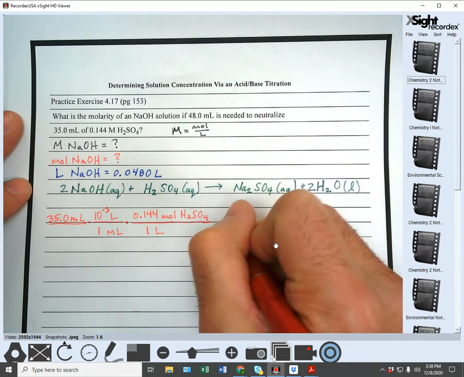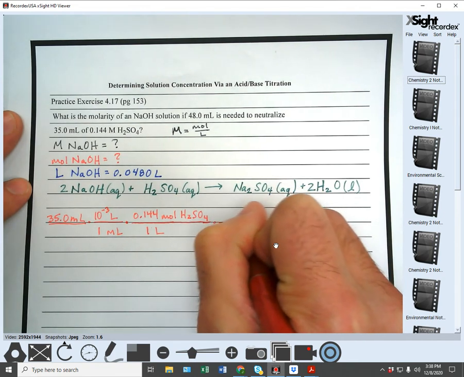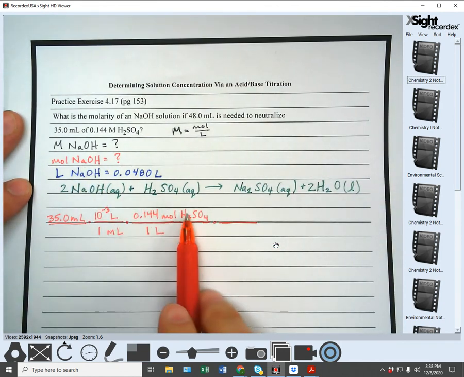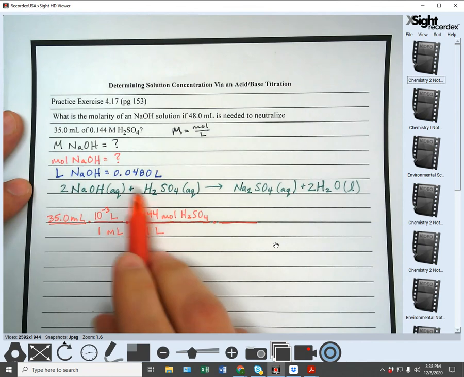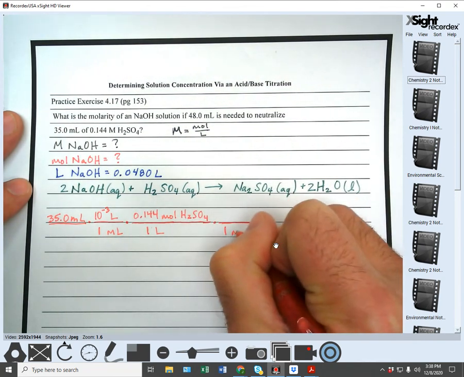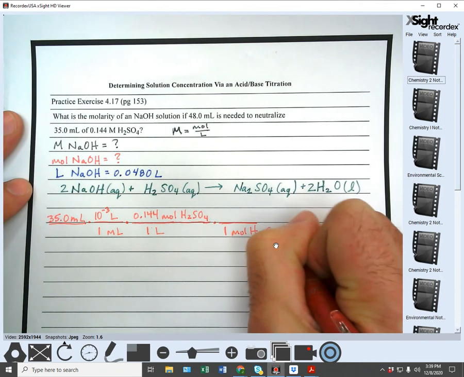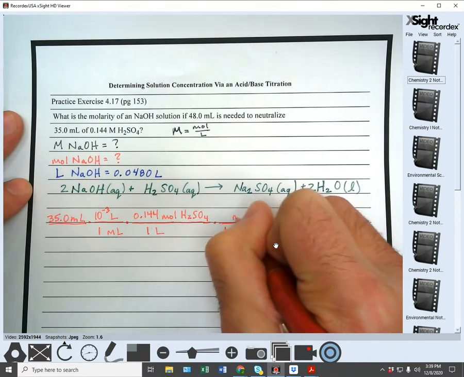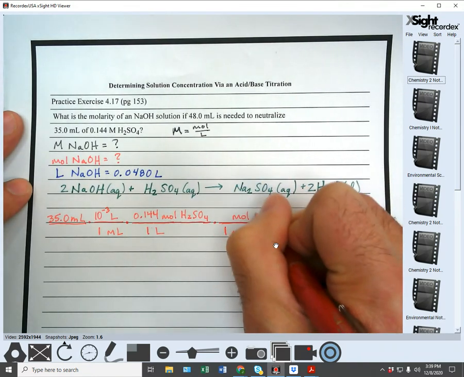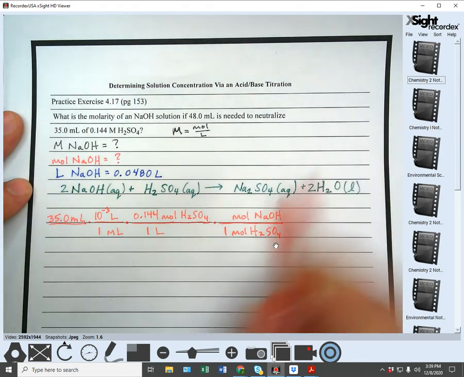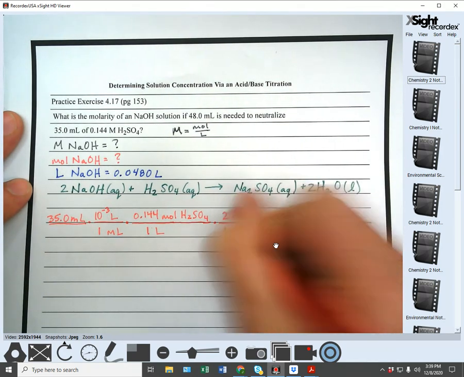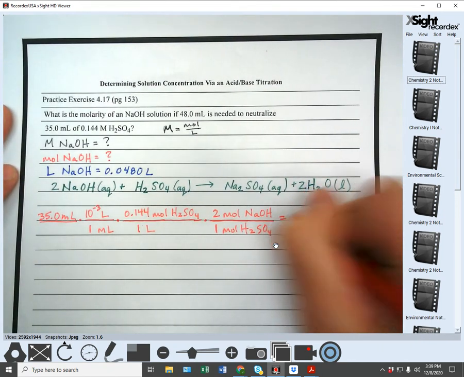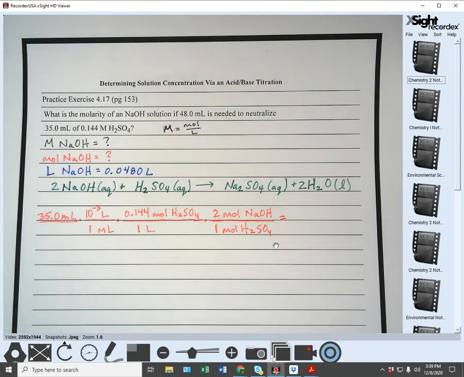So I'm going to go moles of H2SO4. In front of the H2SO4, there's nothing, so it's a 1. And I'm going to turn that into moles of NaOH. In front of the NaOH is a 2. And I'm in moles of NaOH, which is what I'm trying to find, so I can solve for that. So I get